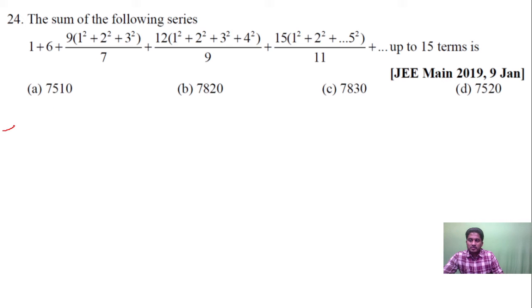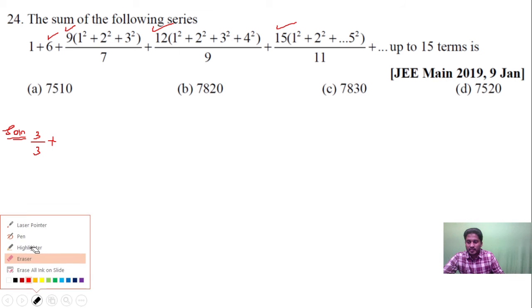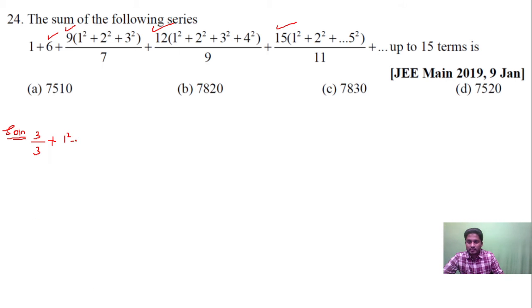Okay, so see, I have to bring the series to the standard form. For here I have 6, here I have 9, here I have 12, here I have 15. All are multiples of 3. So nothing wrong in the first term if I write 3 upon 3. And then 6, I can write as 1 square plus 2 square, 6 is a multiple of 3 only, so a multiple of 3 I'll keep as it is. Here I'm going to write 1 square plus 2 square, divided by 5 into 6.